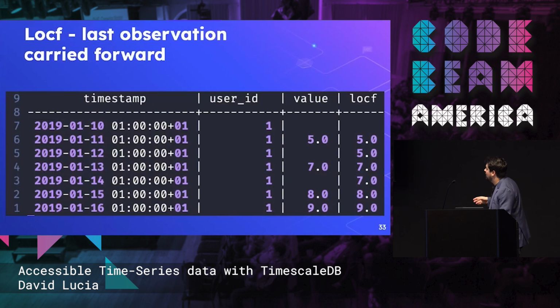Now, with last observation carried forward, if you're missing data, so we see this value column, and anytime that it's blank, it's missing data, what last observation carried forward is going to do is take the last observation, so the second line of data, it's grabbing 5, and then it's going to place that in for the next one. It carries 7 forward in that second example. And this is obviously a really interesting, powerful tool here.